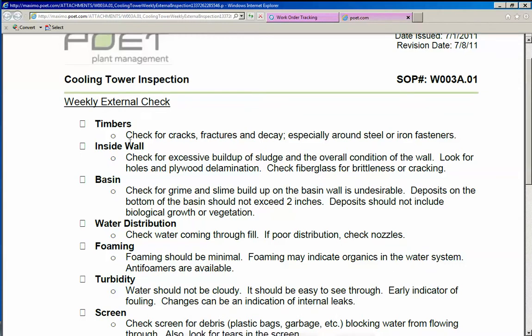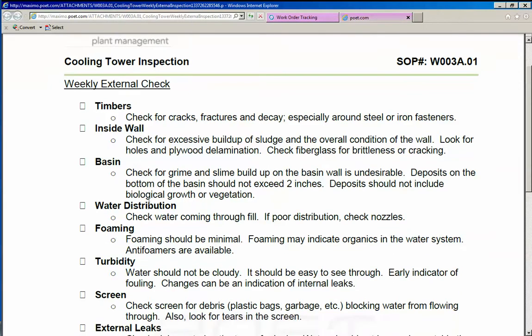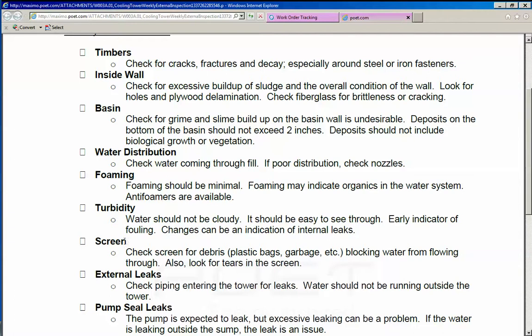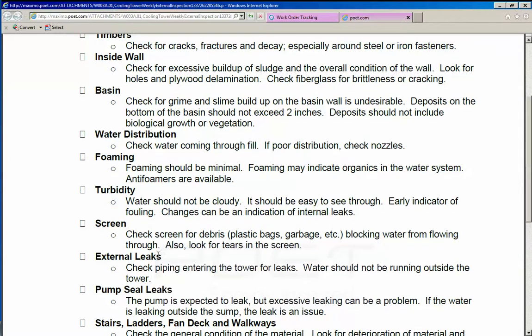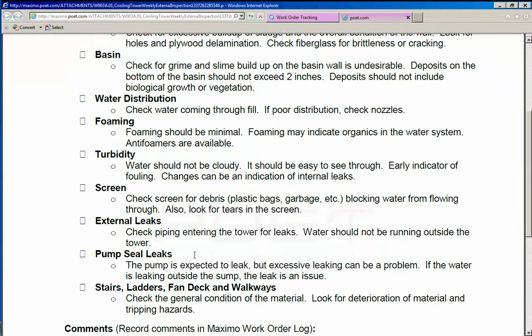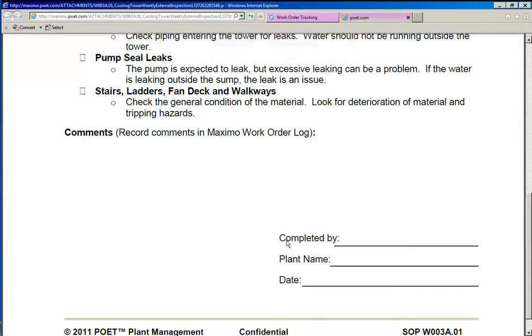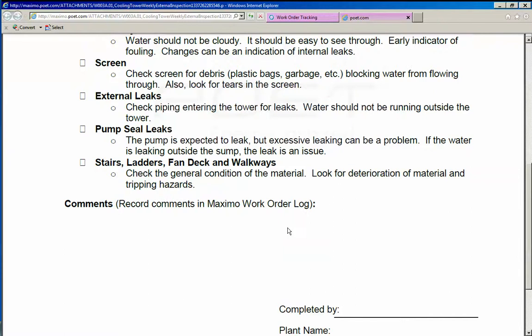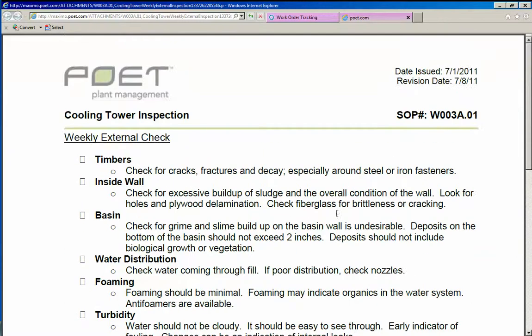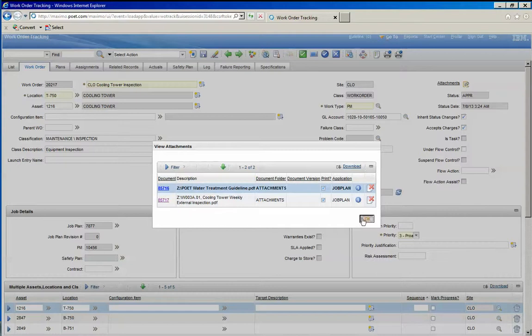is check the timbers, inside walls, basin, check for foaming, check the screens to see if there's debris, see if there's any external leaks, check the pump seals, check the stairs, ladders, and decking and walkways. So here's a good list of some tasks and standards to use to walk down the cooling tower. You can print this out every time and use it. Go back to the work order, close this out,